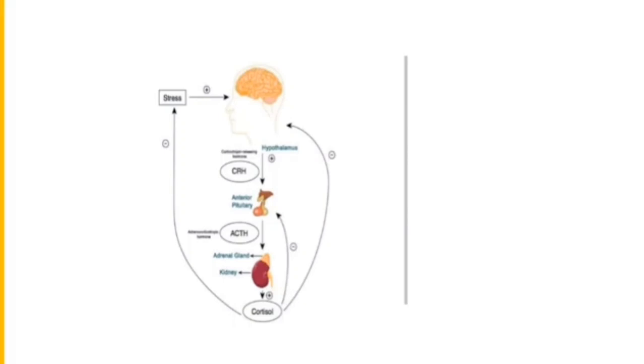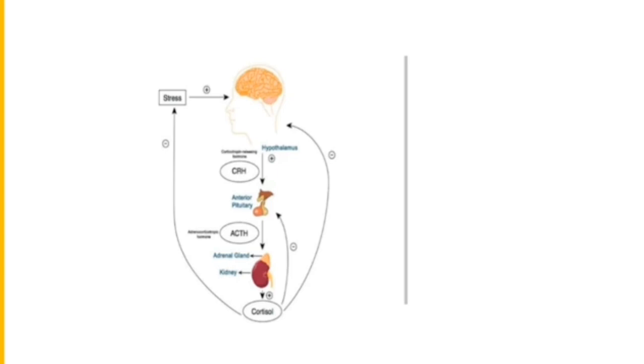Let's look at the adrenal axis. Like we said, the adrenal axis is the axis that is involved in the regulation of cortisol metabolism in the body. Now, look at how this whole thing works. I said cortisol is normally released in response to stress, but what first of all senses the stress is the hypothalamus. The hypothalamus, on sensing that there is stress, releases the corticotropic releasing hormone, and then